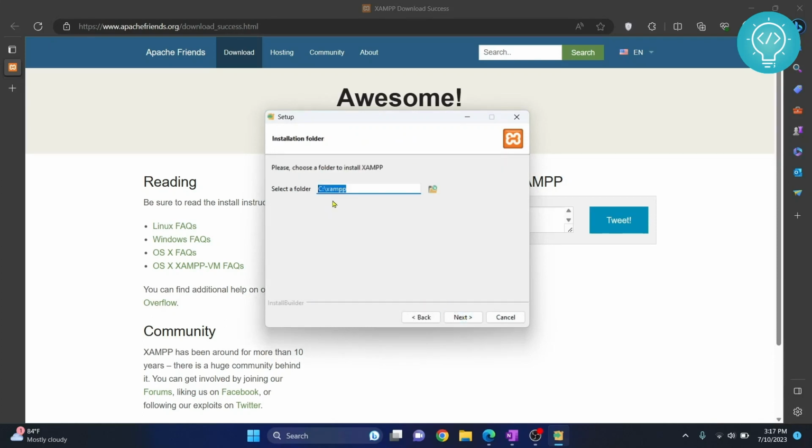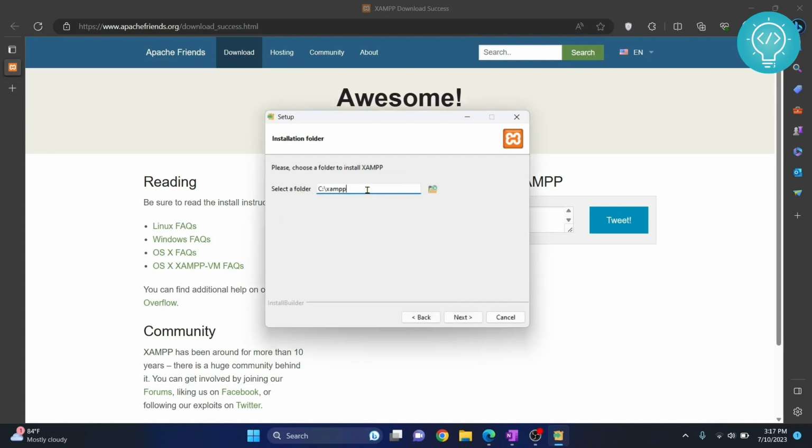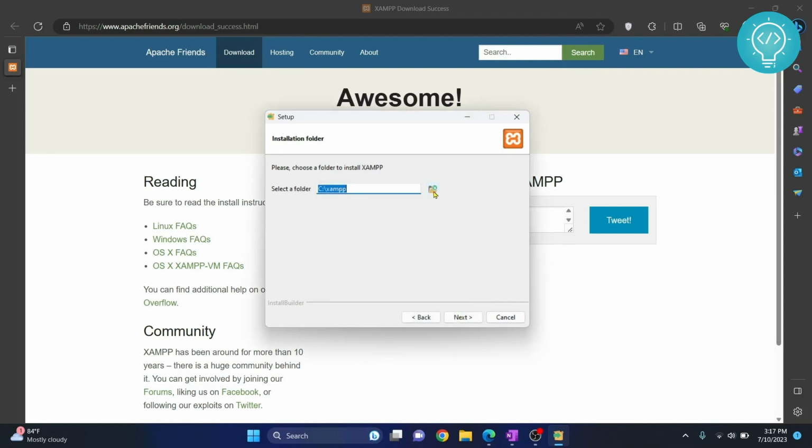Click next again, and this is where your XAMPP will be installed. Click next. I had already installed XAMPP, and it is saying that the folder is not empty, and it is asking me to choose a different folder. If you don't have this folder called XAMPP with files in it, this next will work. So what I'll do right now is I'll just go here,